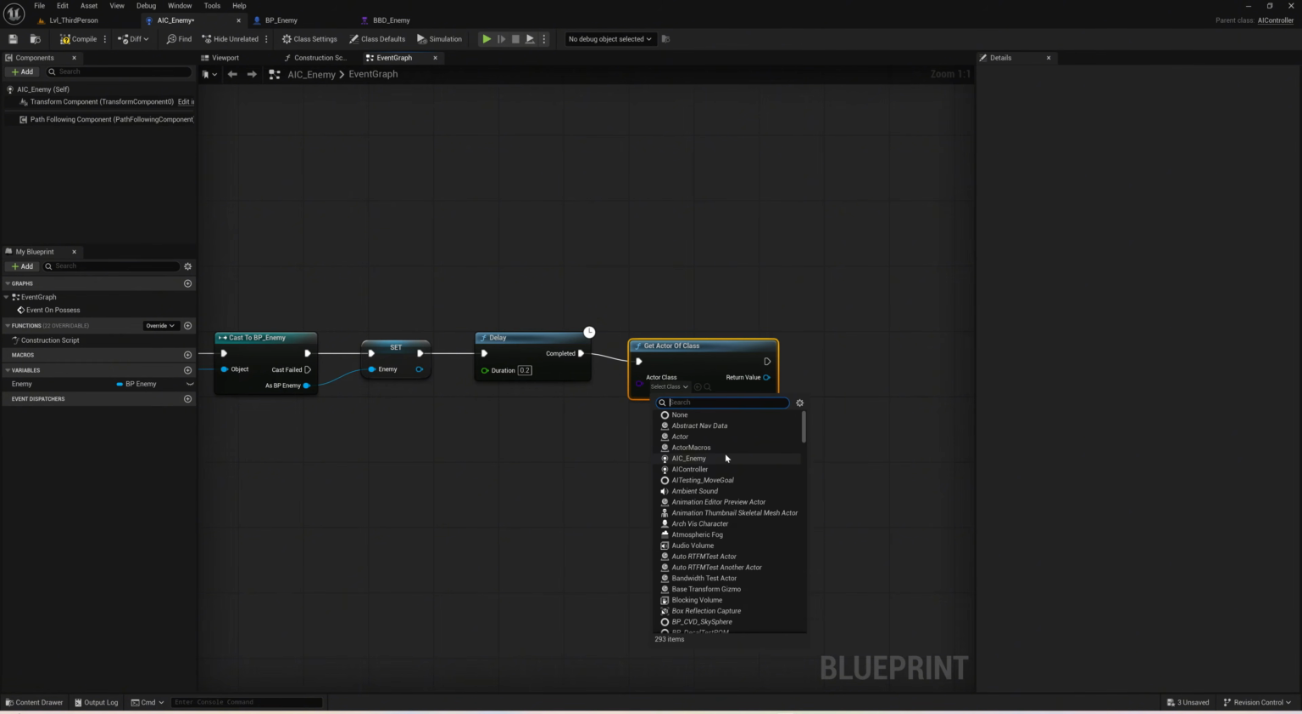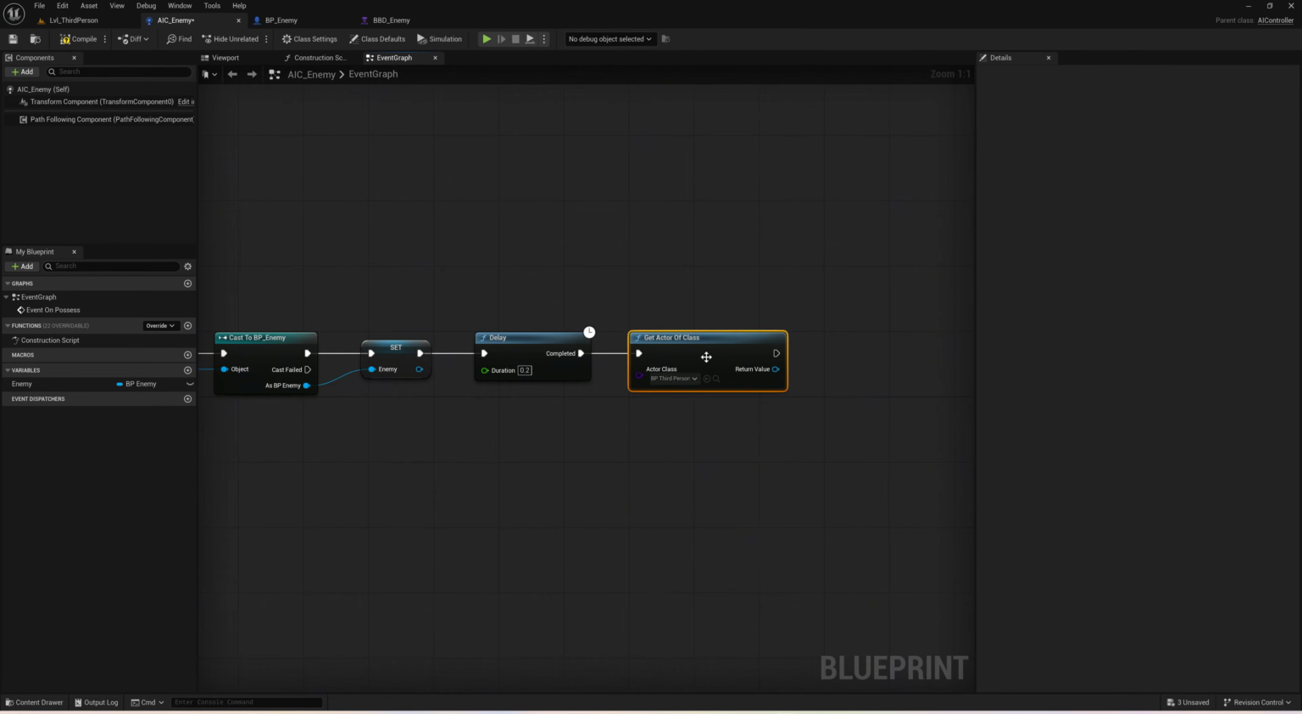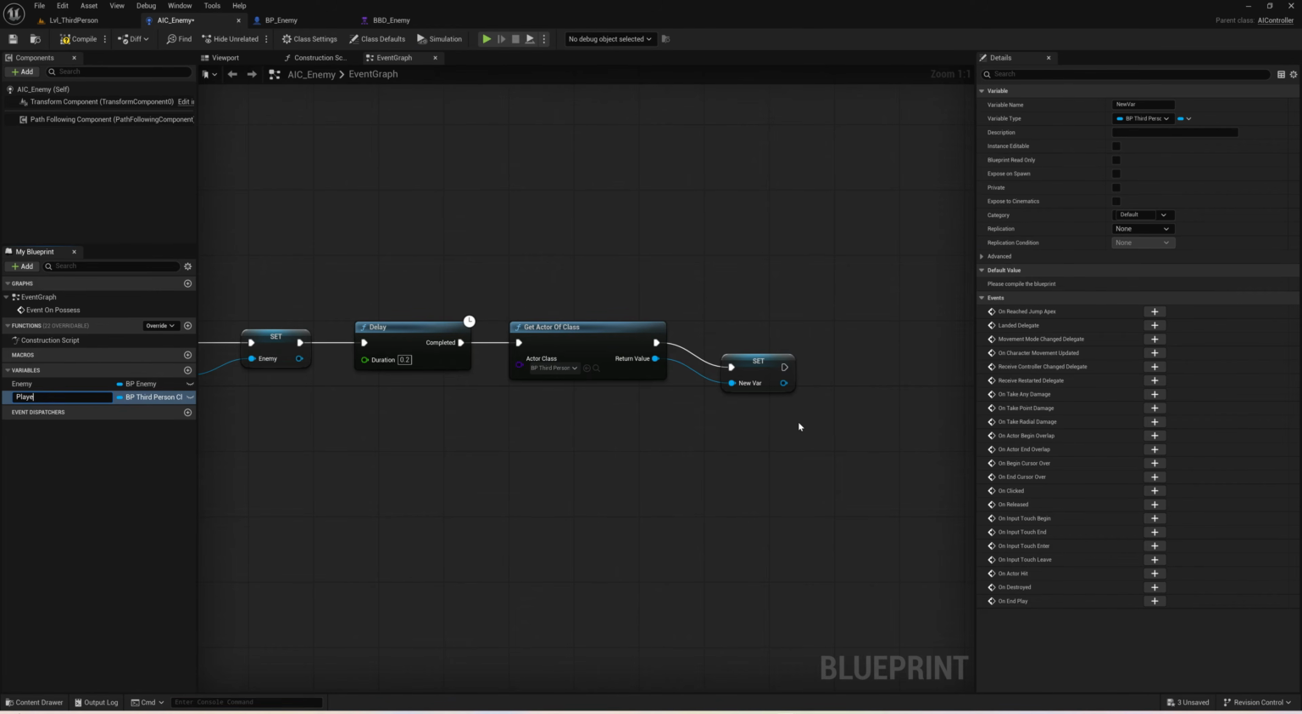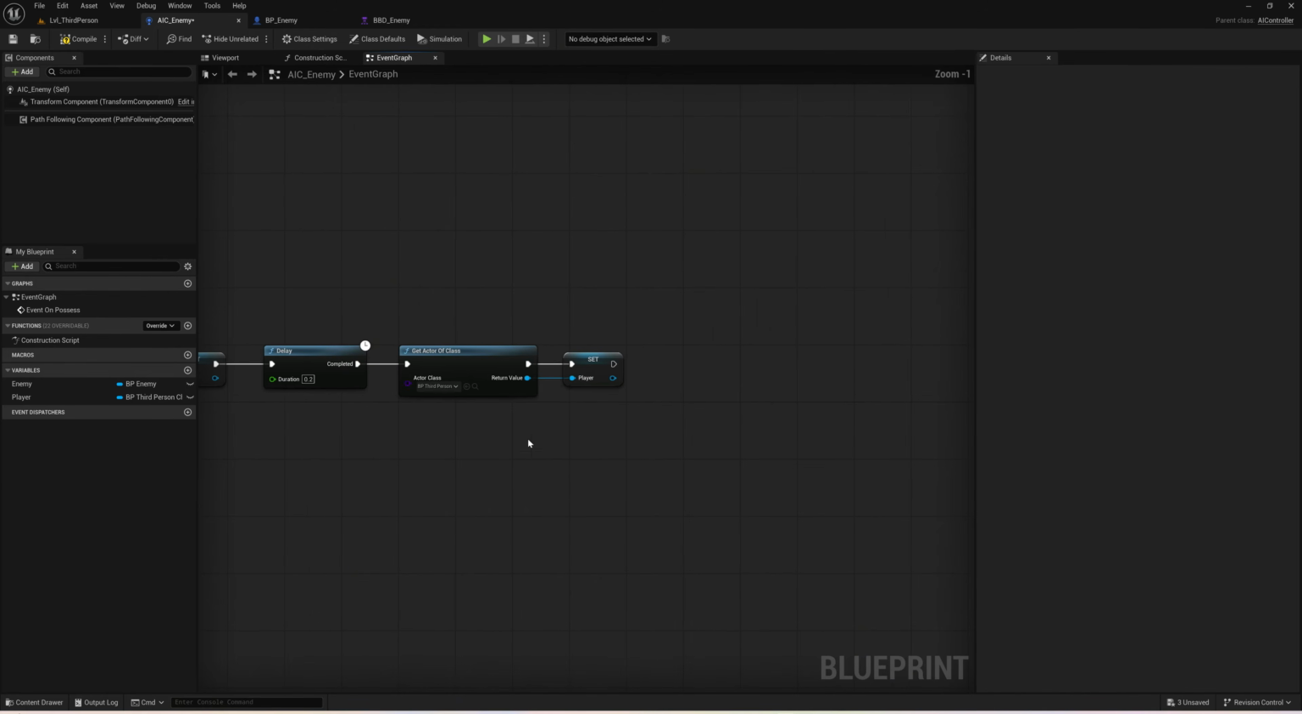And we are going to say BP_ThirdPersonCharacter. We're going to promote this to a variable, and we're just going to call it player. We've got a reference to the player. This is how the enemy knows what player it has. And we're going to say